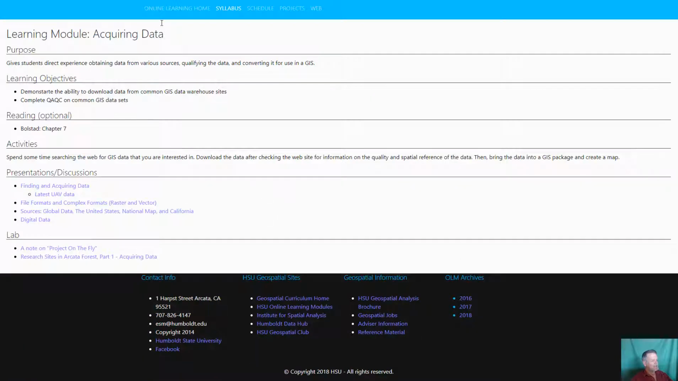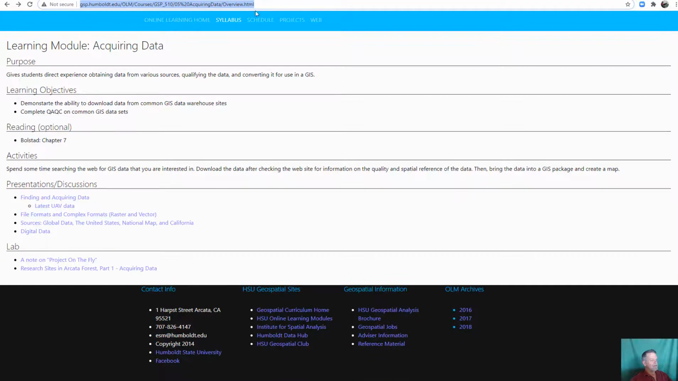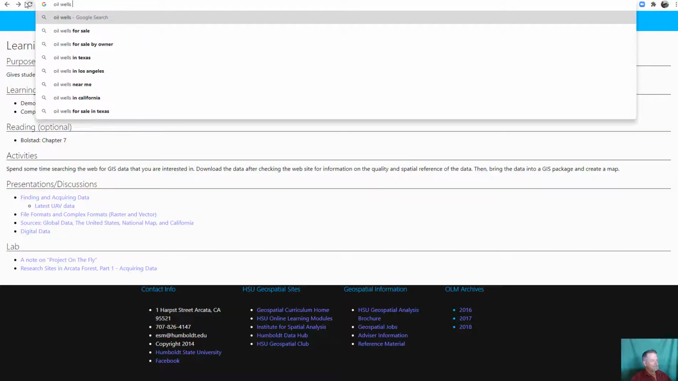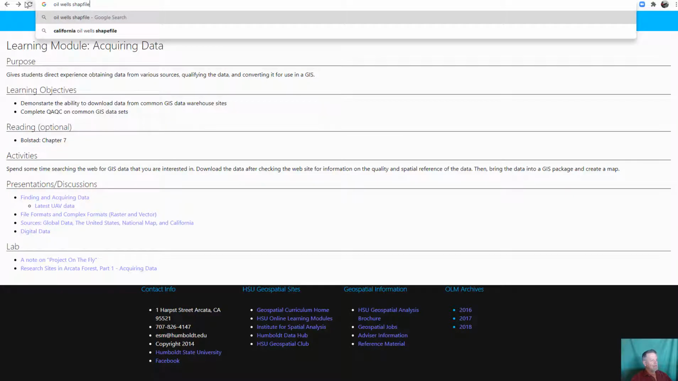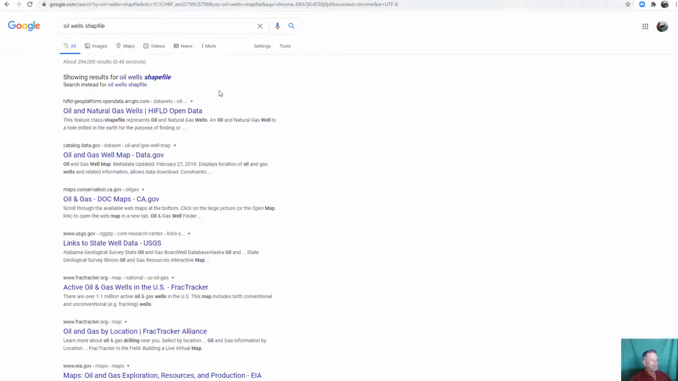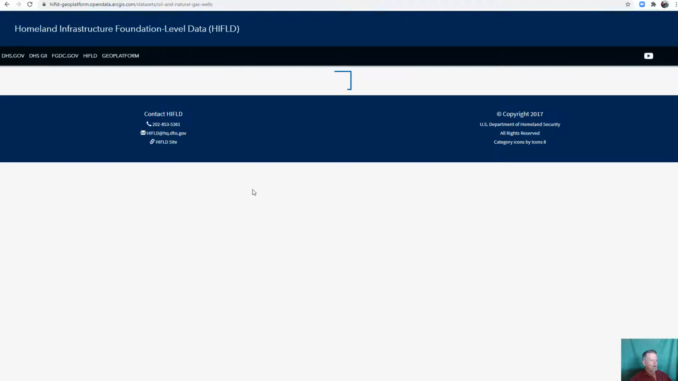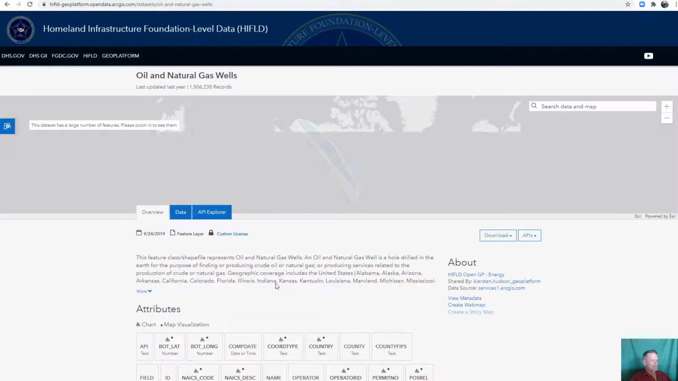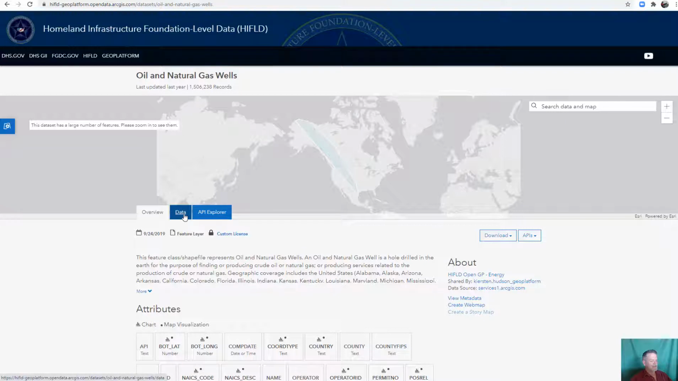All right, so that's just a little bit of an overview, and what I want to do is encourage you all to go out and look for your own data. If you're looking for a shapefile of something, you can just type something like oil wells shapefile. And you might be surprised how quickly you can find data on oil wells. Now at the same time, it might take quite a while to actually get to the data. Here I'm at Esri,